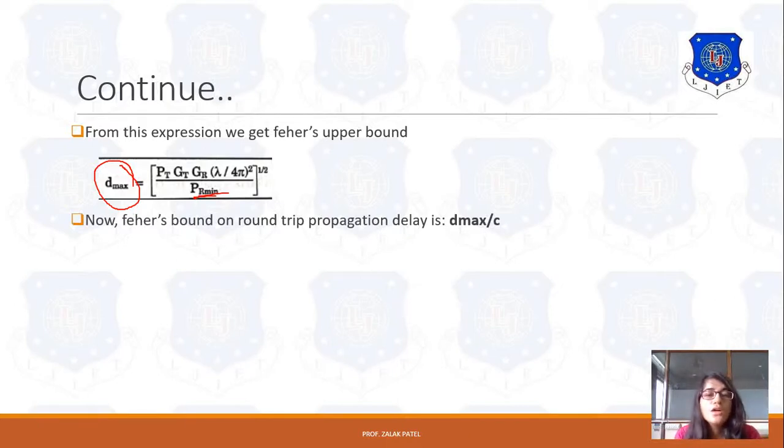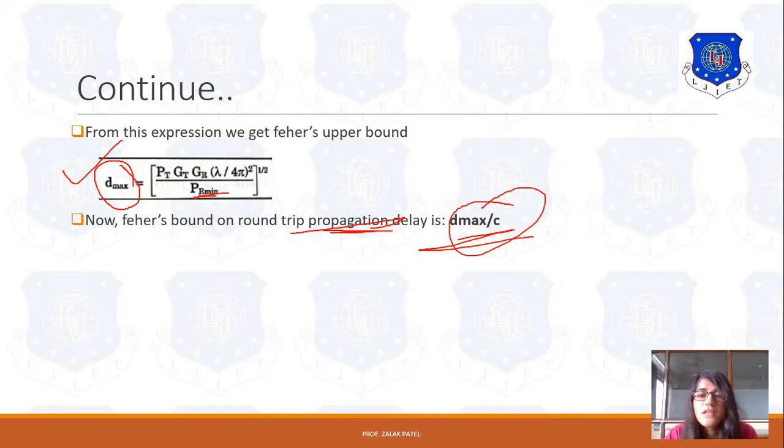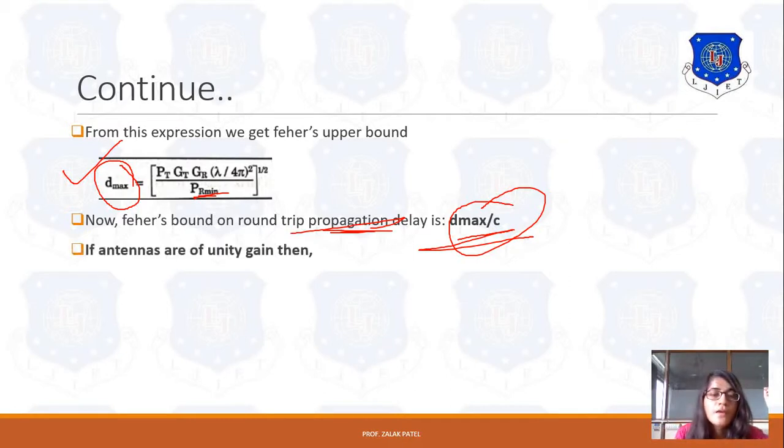So now if we want to find out the total propagation delay, because this case is used to find out the worst case delay. Now we have the value of this D maximum, then we can easily find out the propagation delay. So it is D upon C, means distance upon velocity. Velocity is equal to distance upon time, that's why time is equal to distance upon velocity. We already have the value of this D max, so let's put it over here.